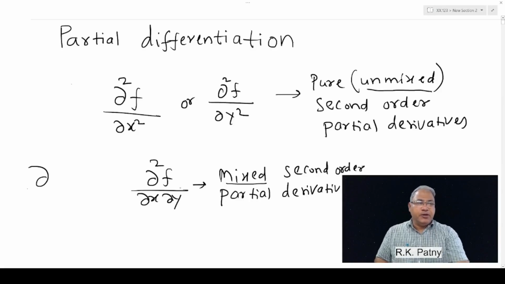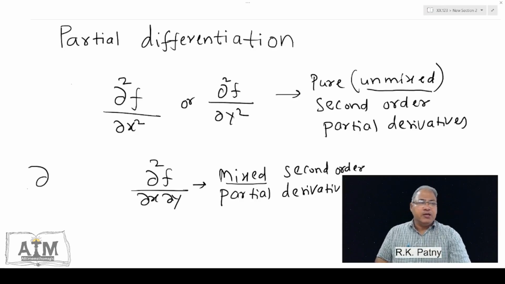Second order partial derivatives can be classified into two parts: one is unmixed, another is mixed. Unmixed partial derivatives, like del 2f upon del x2 and del 2f upon del y2, where a single variable is involved, are called unmixed or pure type second order partial derivatives. Where both x and y are involved, del 2f with respect to x as well as y is called a mixed second